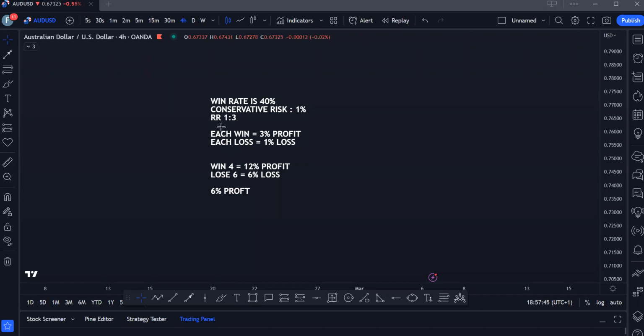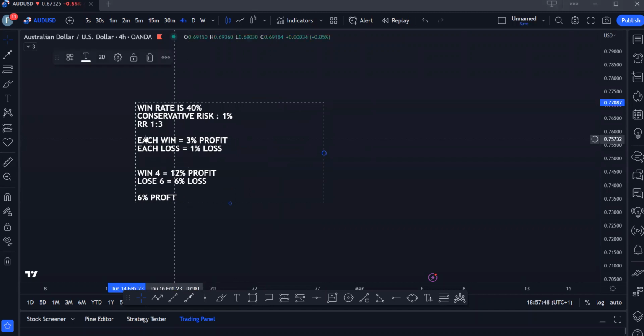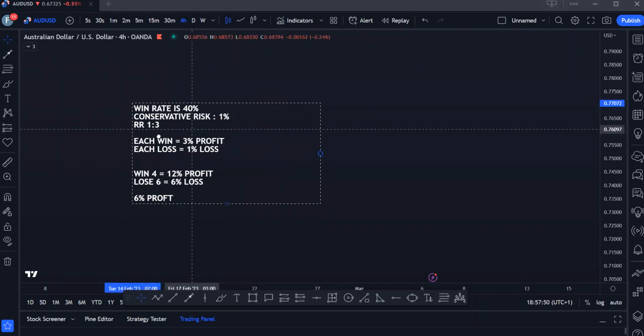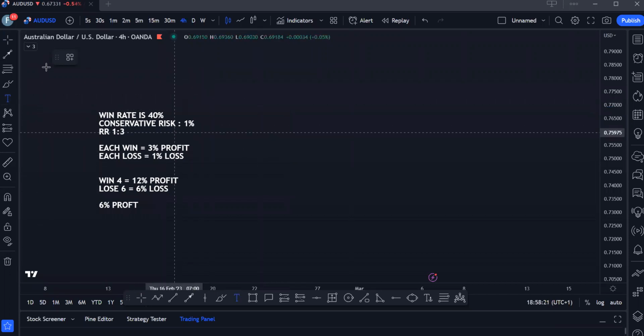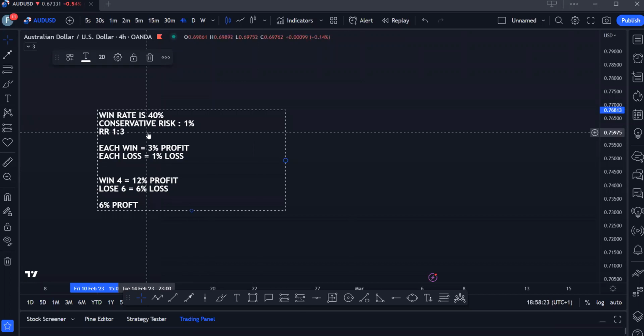All right, so let's do another example. If you never find yourself in a scenario whereby your risk to reward is 1-to-1 or 1-to-2, it's not going to help you. Because like I said, your best bet is a win rate of 40%, the best bet for an average trader. So let me just duplicate this. If you have a win rate of 40%,